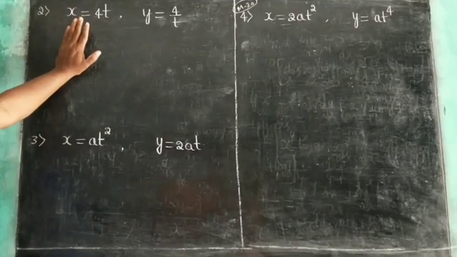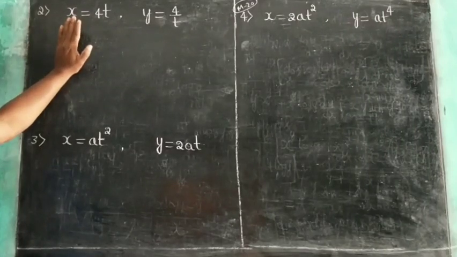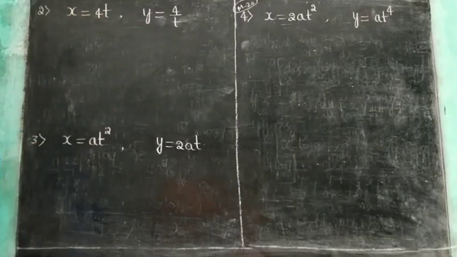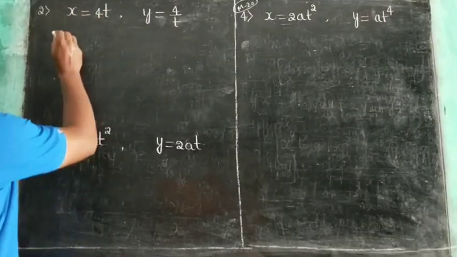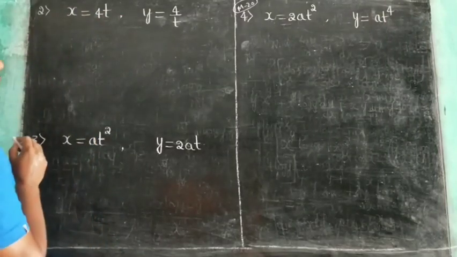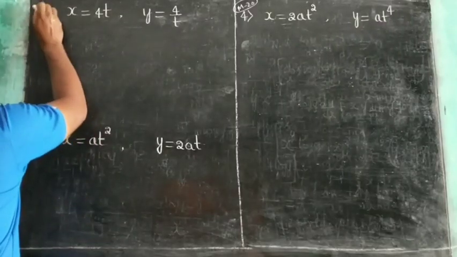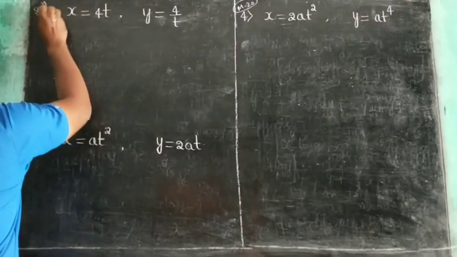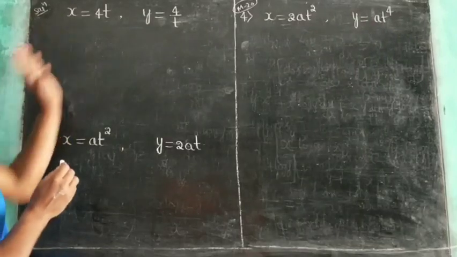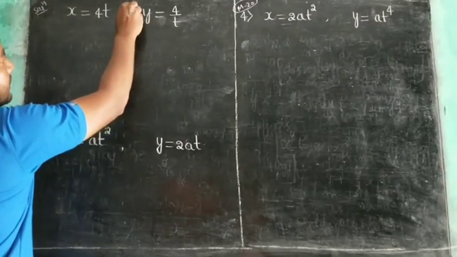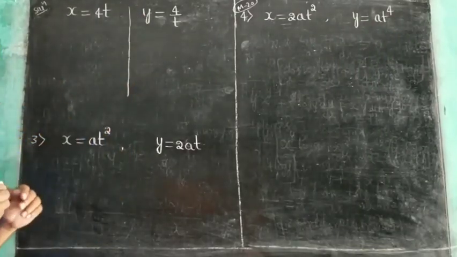So, differentiate with respect to t. Write like that in your notes. Solution. Let x is equal to 4t,